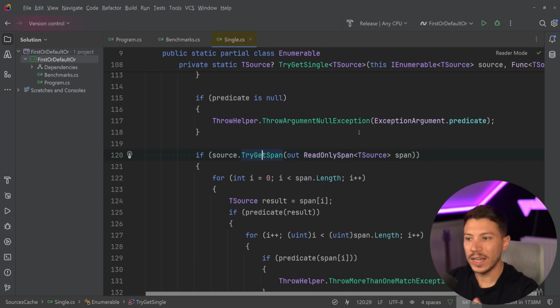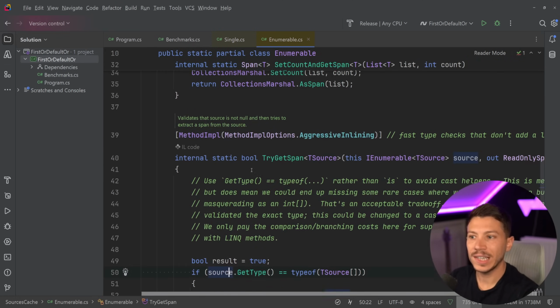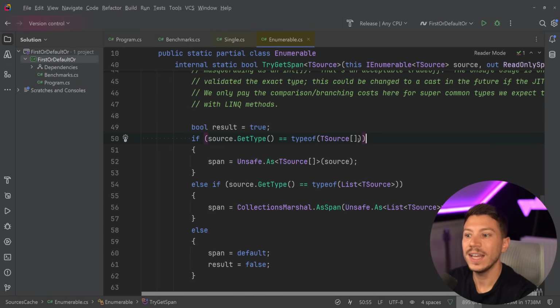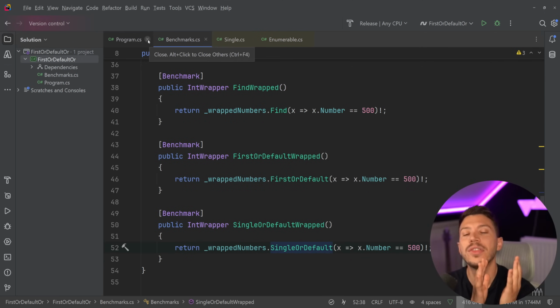And how will TryGetSpan work? Well, if we go in here, you're going to see that it's trying to see if the type of the source of that collection is actually an array. And if it is, it's going to use an Unsafe.As, and it's going to then get that span out and return it and iterate on that. Otherwise, it's trying to see if it's a list. So List specifically has an optimization. And if it does, it's going to use CollectionsMarshal.AsSpan, Unsafe.As, and then return it and iterate on that. And that's why you should be using FirstOrDefault for this use case,